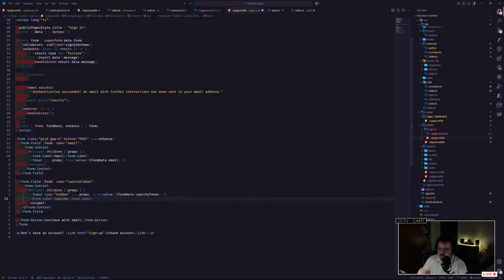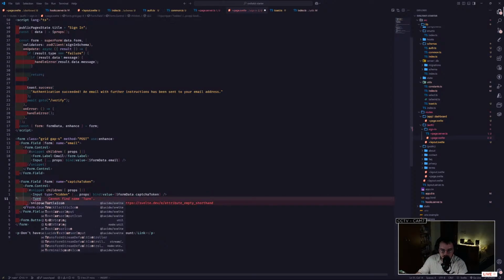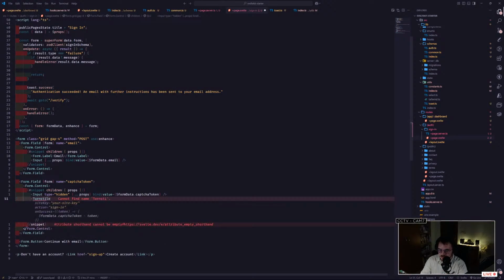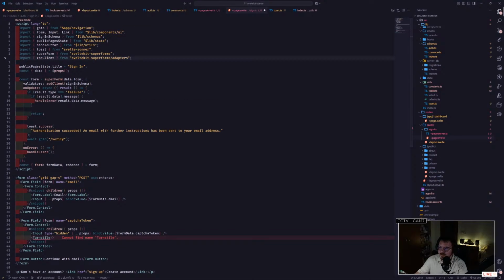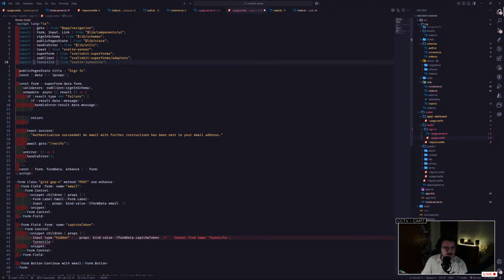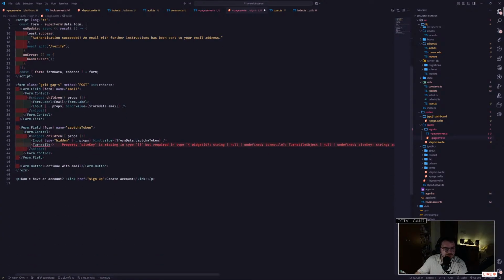And instead of this, I will have Turnstile or Turnstile. I'm not sure. I think it's Turnstile, because Turnstile probably should have a Y in the name. And in here we need to pass a couple of things. We will need to go ahead and